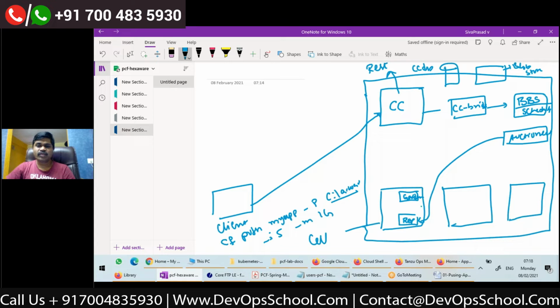The representative will use one more component called the executor, and the executor will use the Garden API to launch a container.